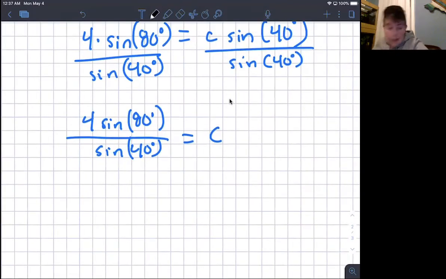Okay, I want you to go ahead and find a decimal answer. This is where my super awesome calculator comes in handy. I'm making sure I'm in degrees, which I am. 4 times the sine of 80 is 3.9392311012. I'm going to leave that there and divide by the sine of 40. I'm not going to write it down because I don't want to round in the middle of the problem. I want to put all of that into my calculator and round at the very end. So this says